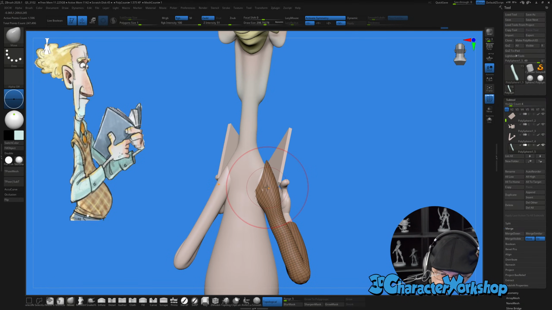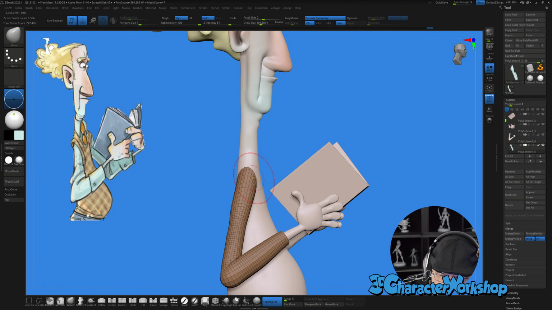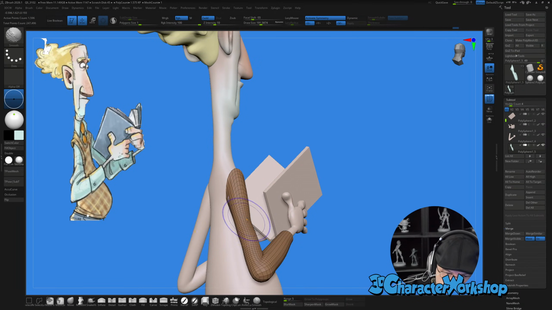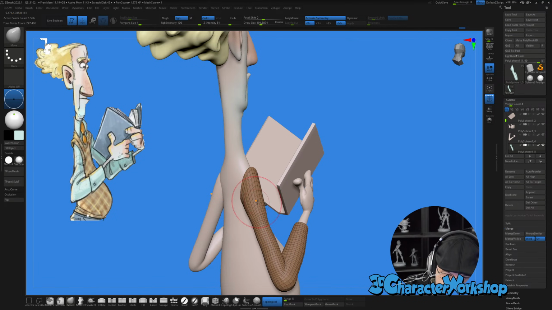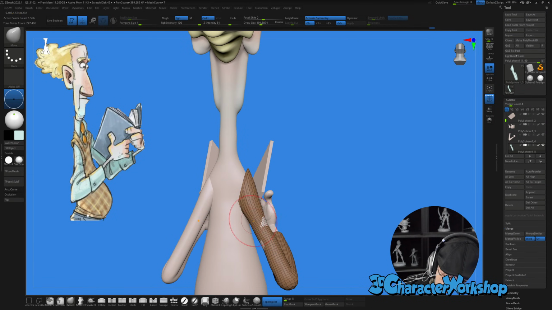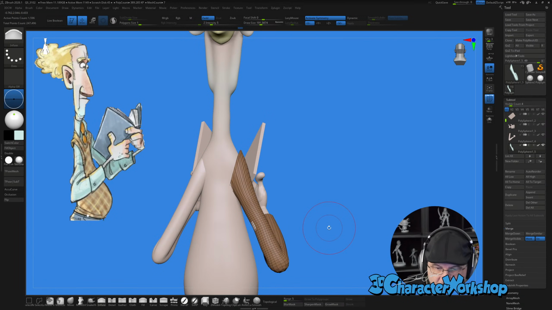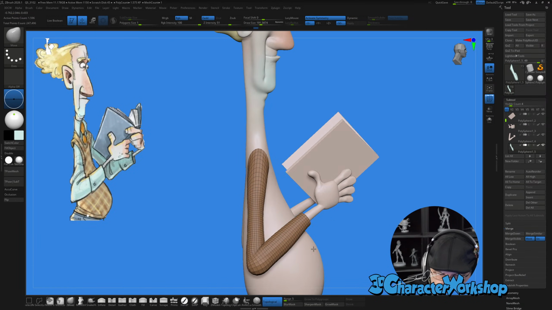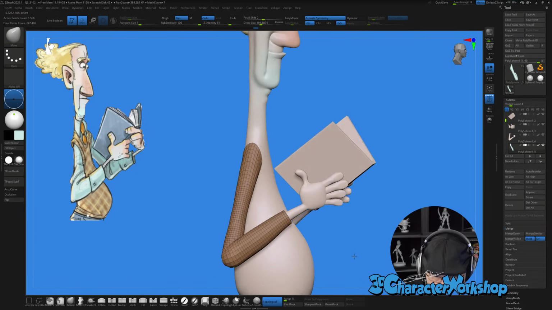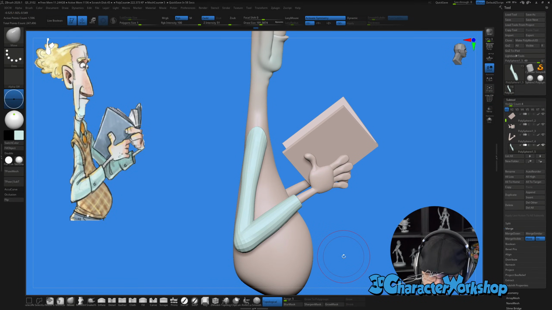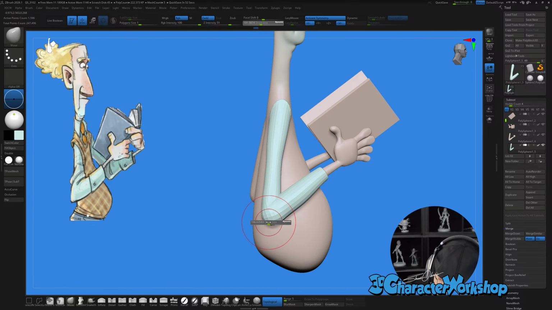I'm just trying to get this seam to go kind of like a shirt seam would. It's going to be hidden by that sweater vest, so I'm not too concerned about it, but I was just trying to get the edge loops to conform. Okay, I'm making too many warbles. Too many warbles. Okay, so now this is what I like to do: let's pull this elbow sharp.